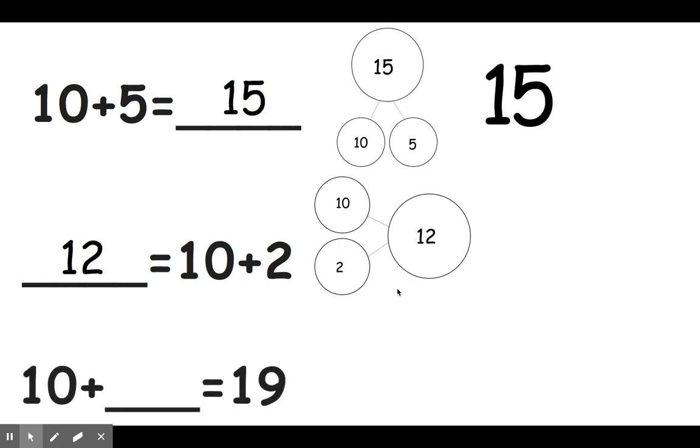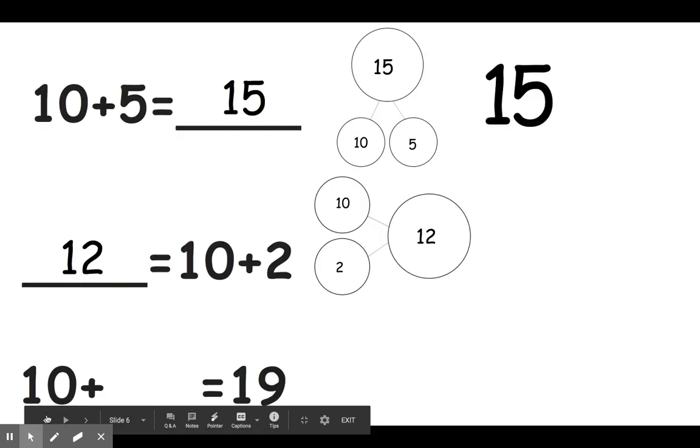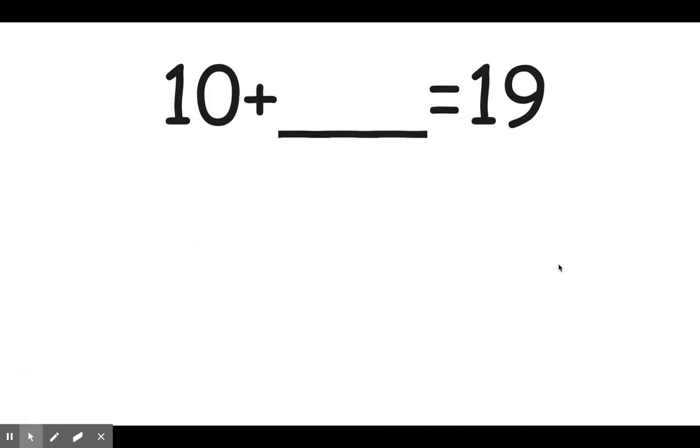Now, I want you to look at the last number sentence or equation that I have here at the bottom. This one looks a little bit interesting. Right here, I have the number 10. And then I have, let's go back to my previous slide. Here I have the number 10. And then I have this space here, and it equals 19. This definitely looks different than the other two equations we just worked on. So we're going to go to the next slide and take a closer look at this equation or number sentence